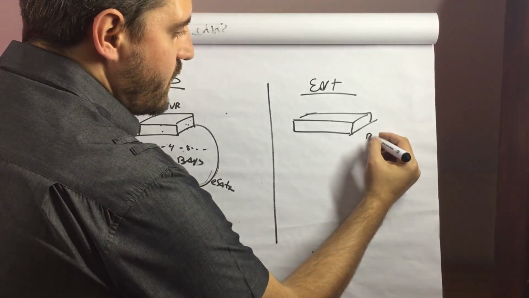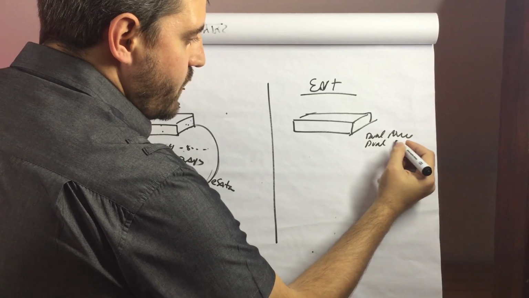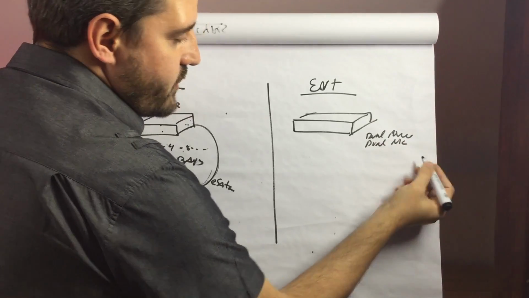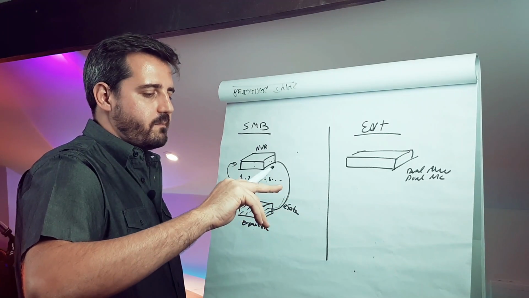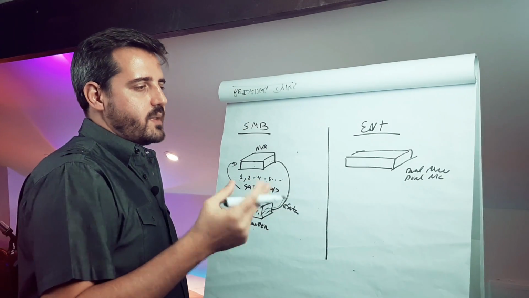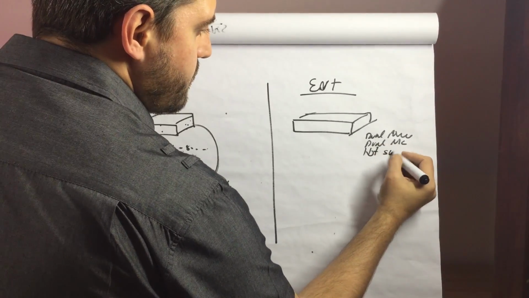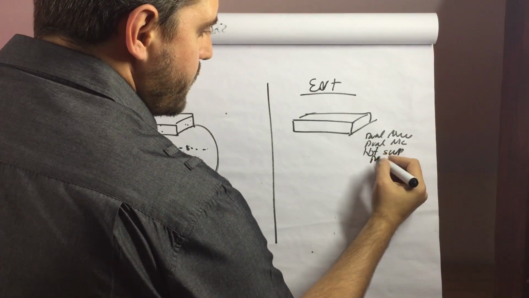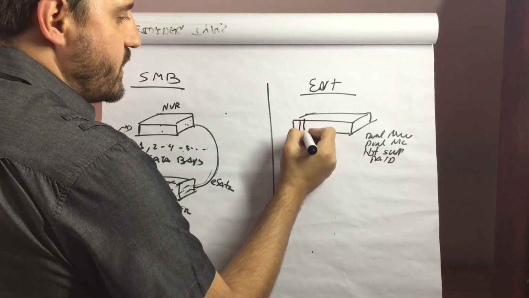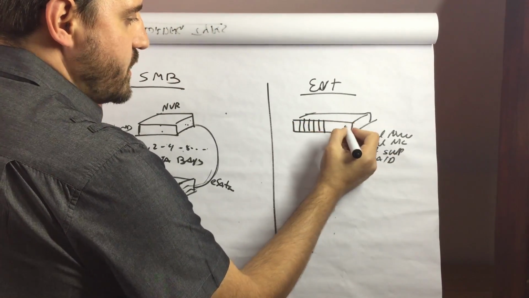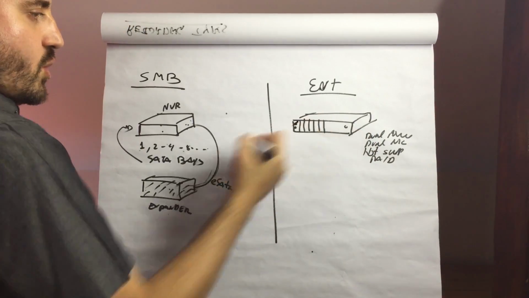We have dual power supply, and dual NIC, network interface card, that will be able to do load balancing between them, and we can have hot swap and RAID. So with this type of NVR, we have a few slots where you can swap the hard